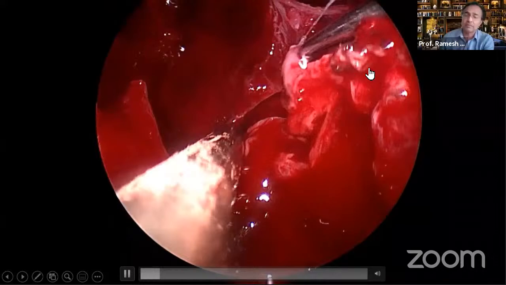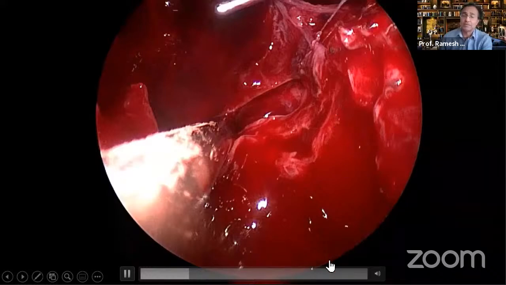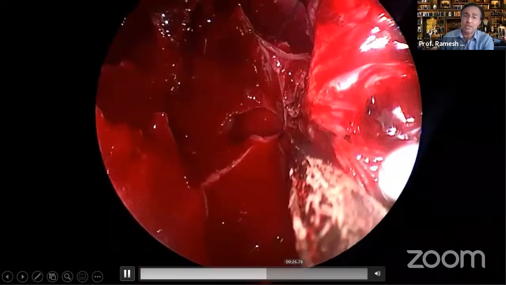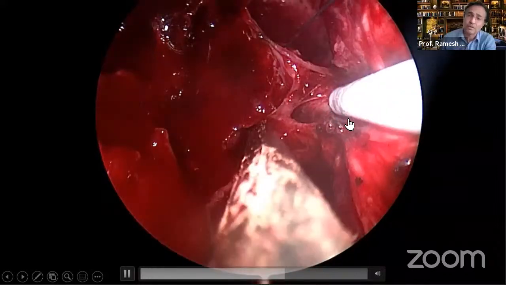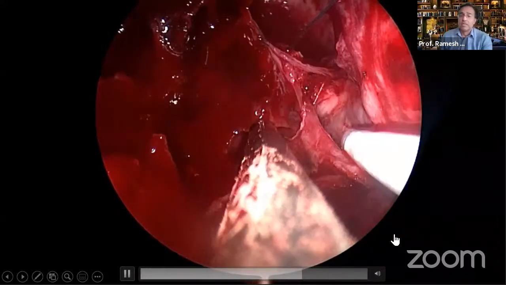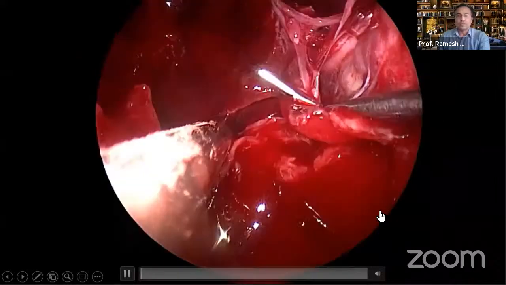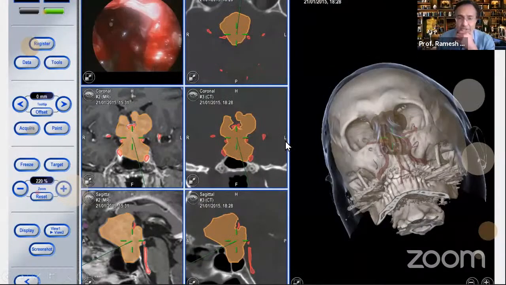That's the supraclinoid carotid going up. This is just to confirm the position of the supraclinoid carotid with the Doppler. Okay, so the navigation is useful to locate the extent of your operation, and all this reconstructed image will tell